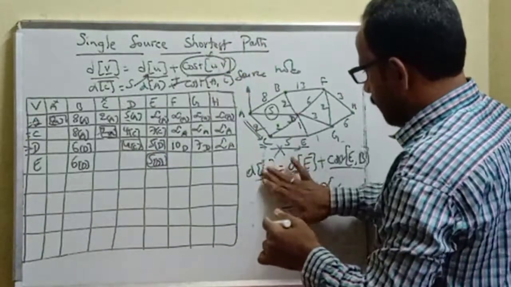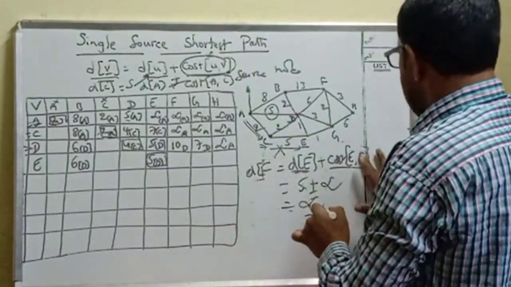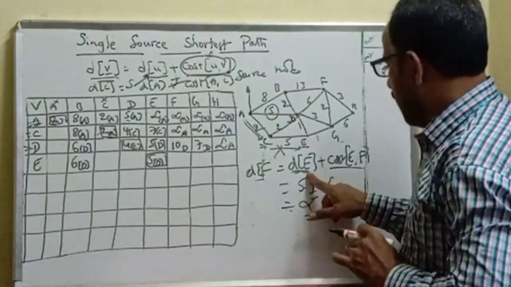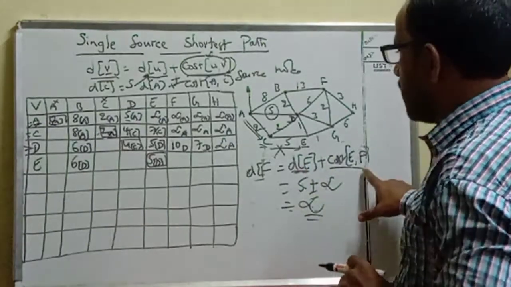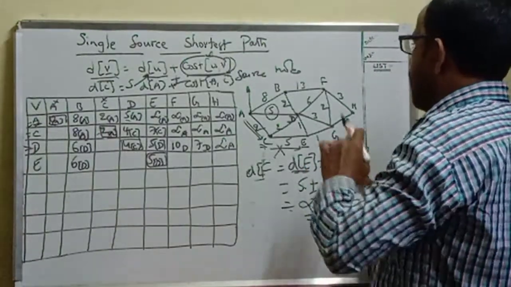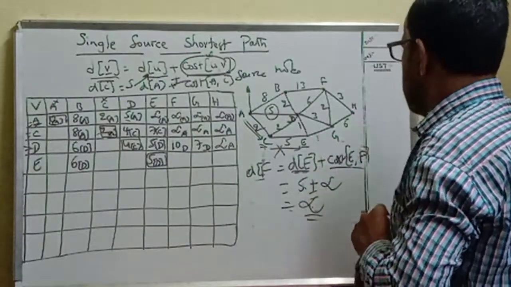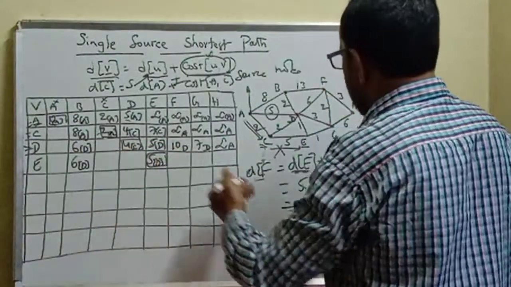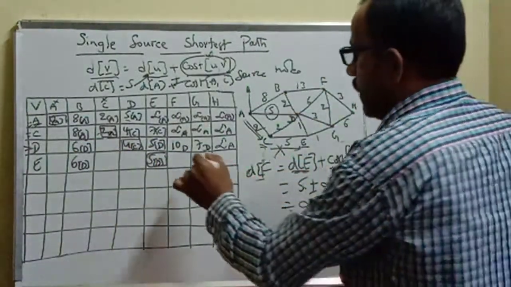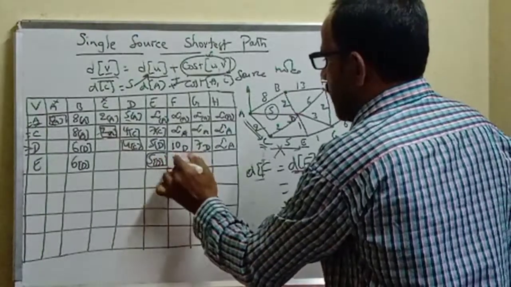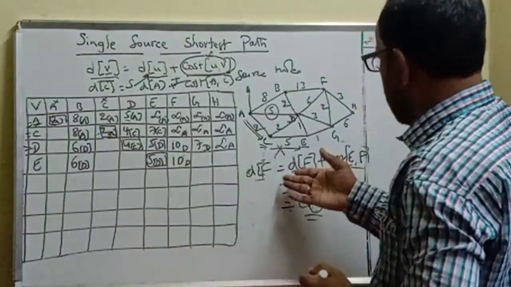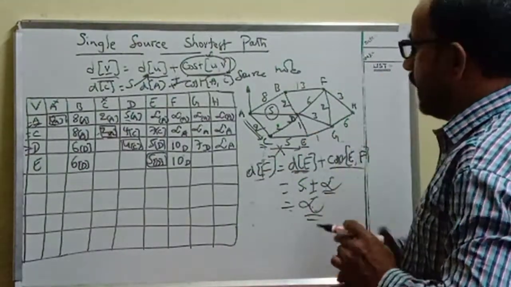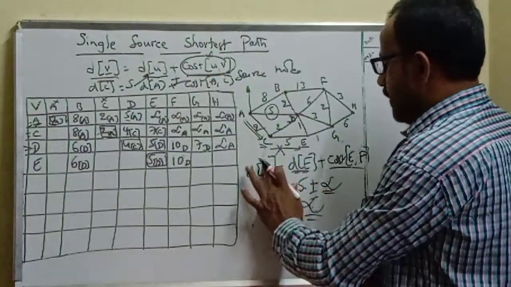Next, these two are selected already. Next one is F. D to F. What is D to F? E is common, because E is the intermediate node for the entire row filling. Now D of E is common, that is 5 units, and cost of E comma F. Is there any direct edge between E and F? There is no direct edge between E and F. Then replace it with infinite, still infinite. But earlier, if you travel via D, we got 10 units. Then keep the same value 10 via D, because if you travel via E, then we get infinite since there is no direct edge between E and F.